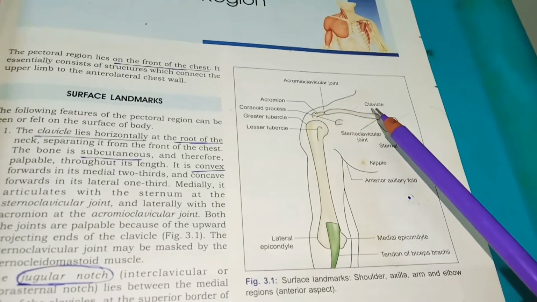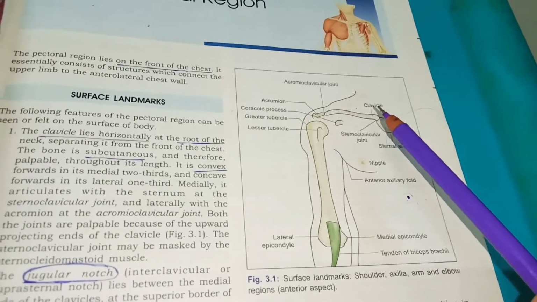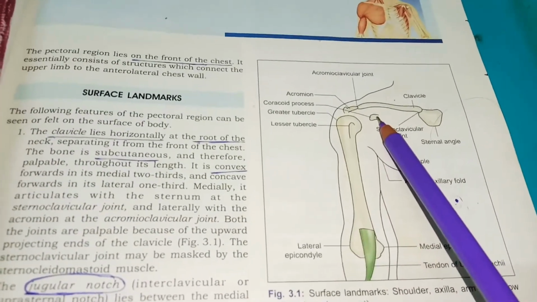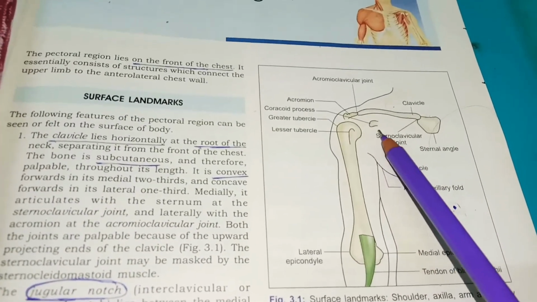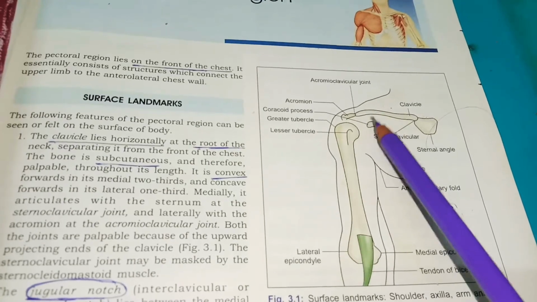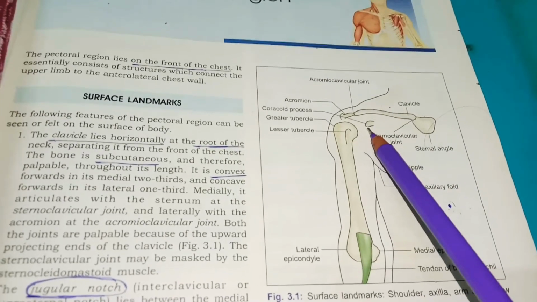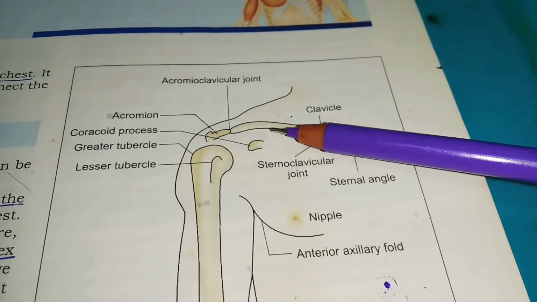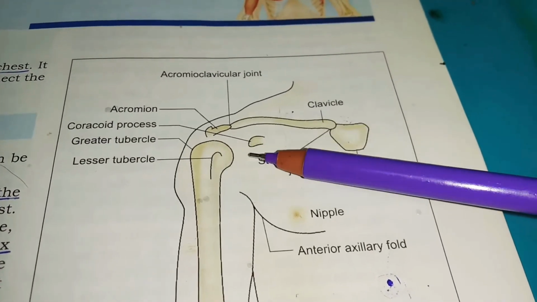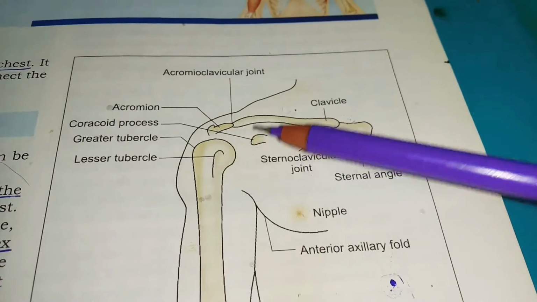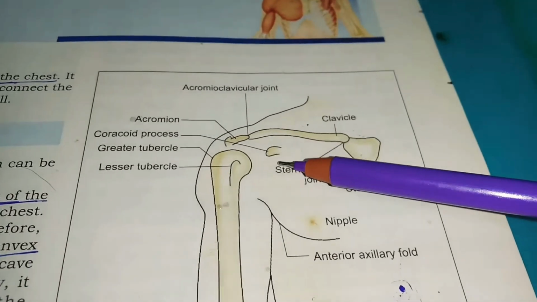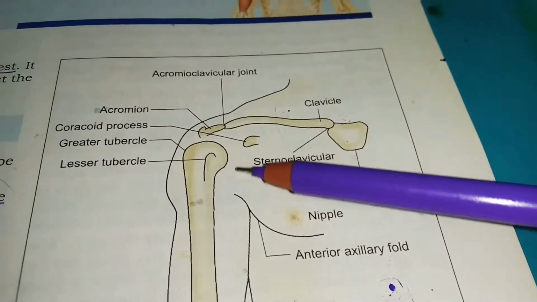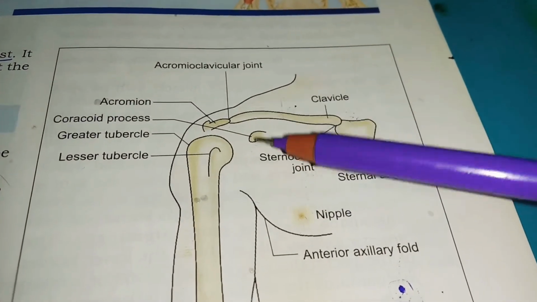Next, coming to the tip of the coracoid process of the scapula. This is the 8th surface landmark. The tip of the coracoid process of the scapula is just 2 to 3 centimeters below the clavicle, and it may get overlapped by the deltoid muscle, because the deltoid is arising from the lateral anterior side of the clavicle. So the tip of the coracoid may be covered by the deltoid muscle.